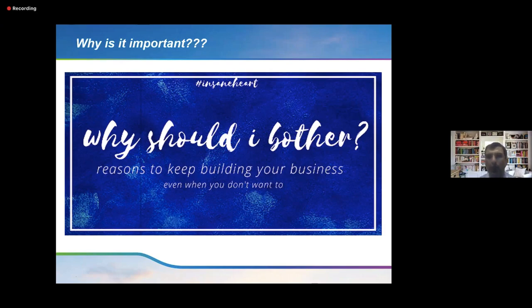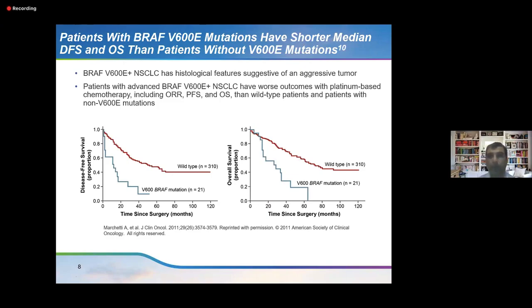And why should I even bother? In EGFR, we don't bother about whether it's exon 18, 19 or 21. We by and large give some medicines over there. The important thing over here is that, first of all, BRAF V600E mutation people don't do as well as non-V600E people. Also, BRAF mutant people don't do as well as the wild type people. So if I have to make a graph, it is the BRAF wild type people who do the best, then the BRAF non-V600E, and then the BRAF V600E people.